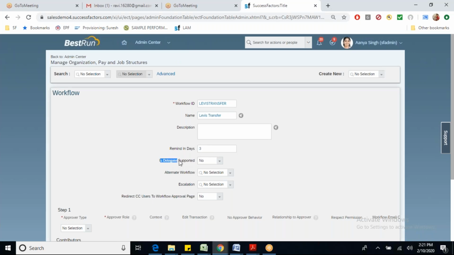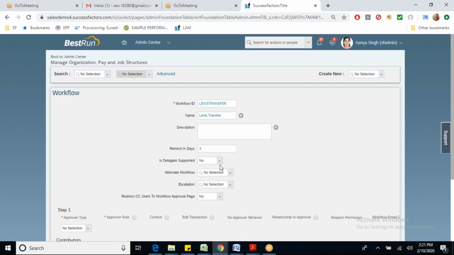Is delegate supported? Yes or no? Delegation means now the request has come to me, and I don't want to approve because I'm not the concerned person. I want to delegate to somebody else so that person will approve. So in place of me, I add some other person.